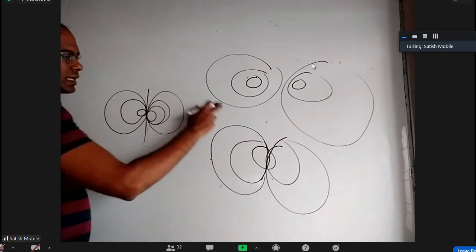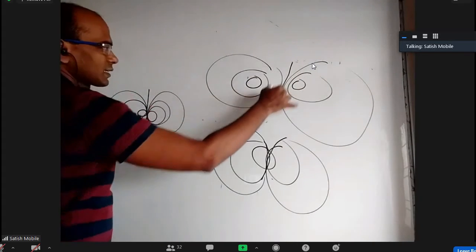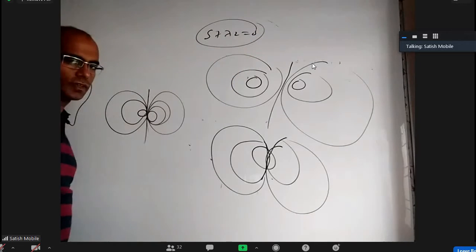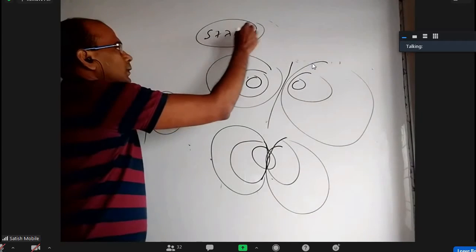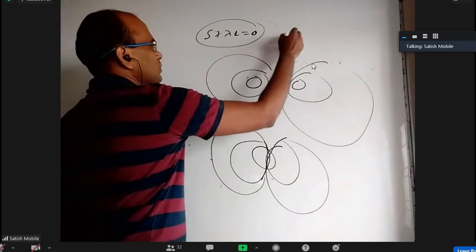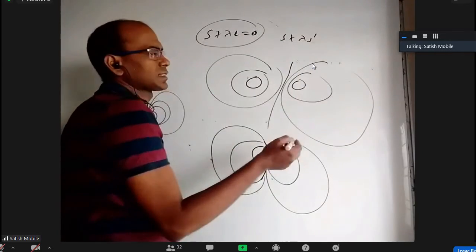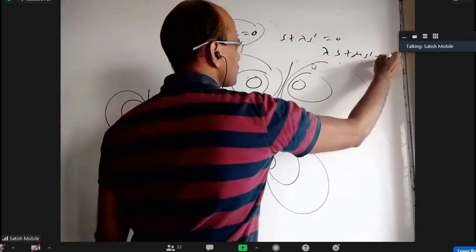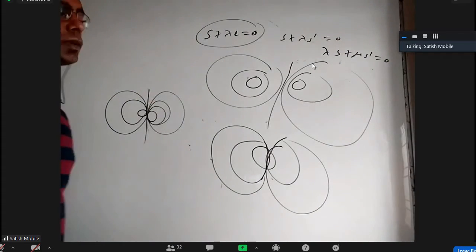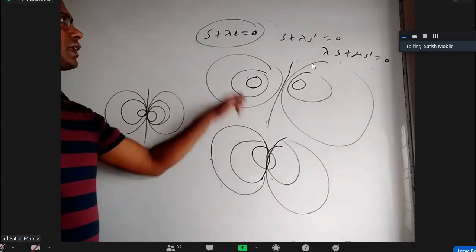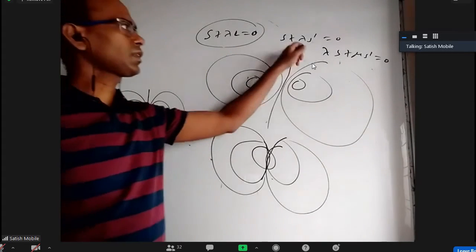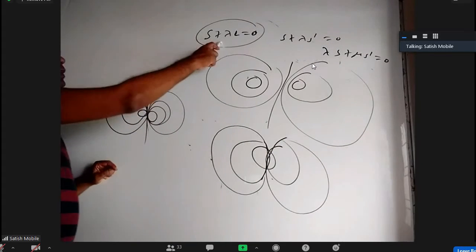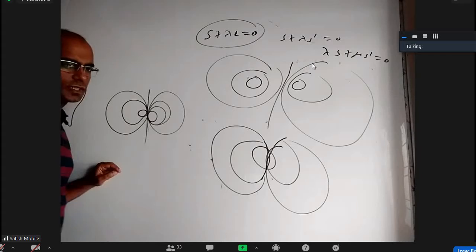So if you know one circle in the family is S and the radical axis is L, S plus lambda L equal to 0 covers all the circles in the family. Somebody can even take S plus lambda S dash equal to 0, if you know two circles in the family. Somebody can take lambda S plus mu S dash equal to 0. If you know one circle and the radical axis, you can use this. If you know two circles in a family, you can use this or this. Whatever lambda you take, as you change it, you'll get different circles in this family.